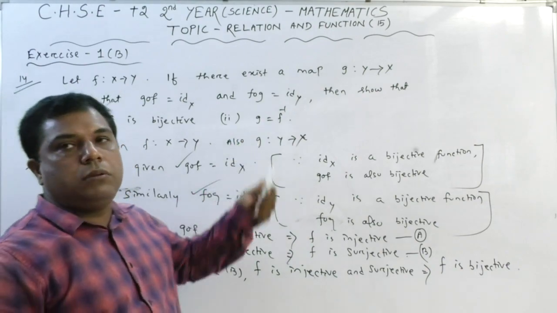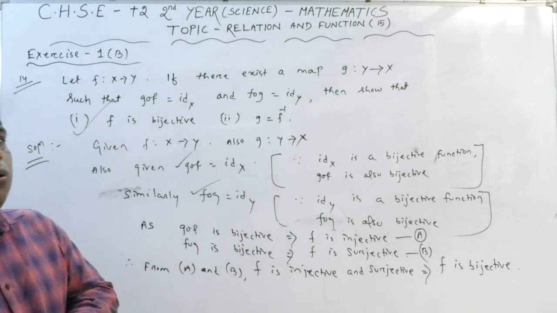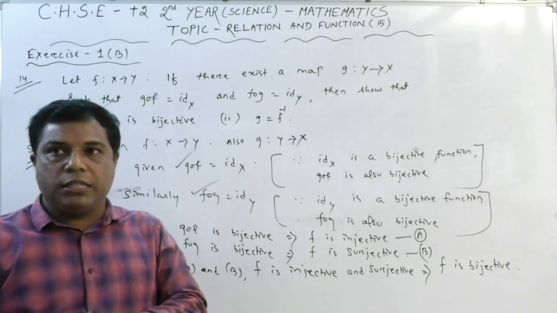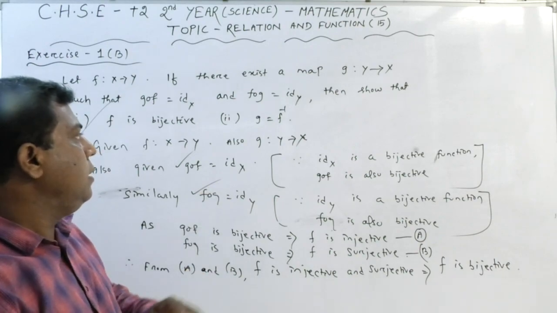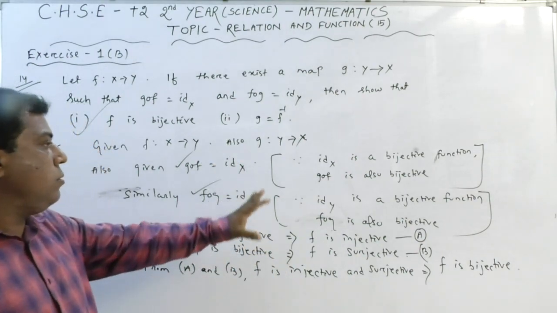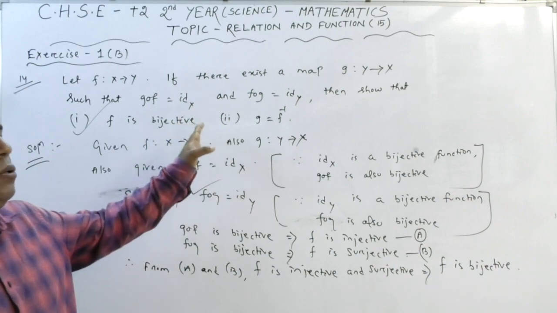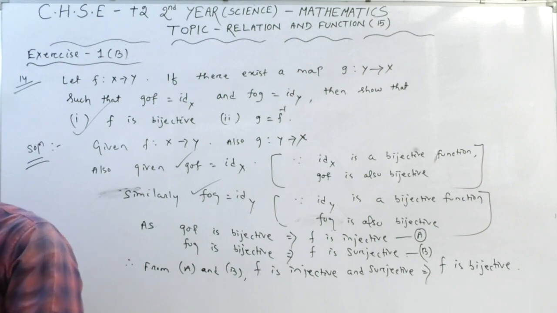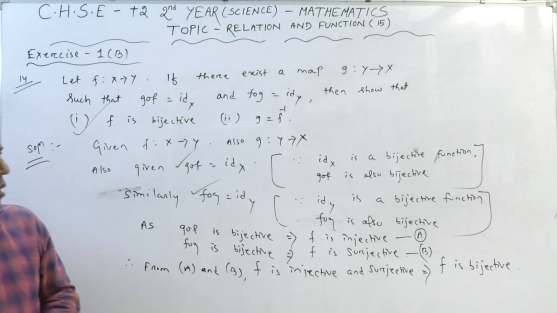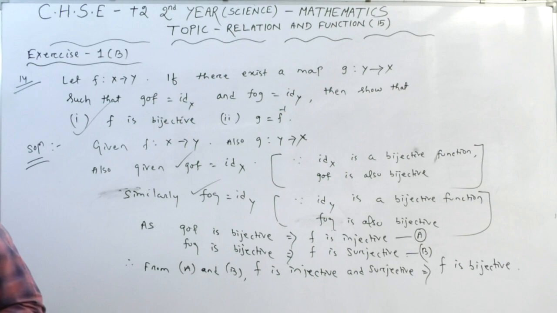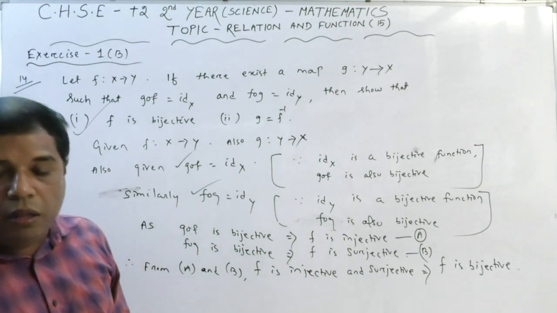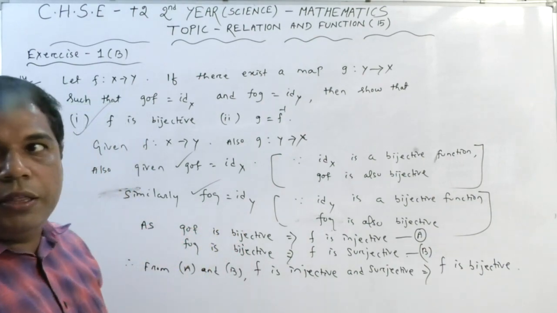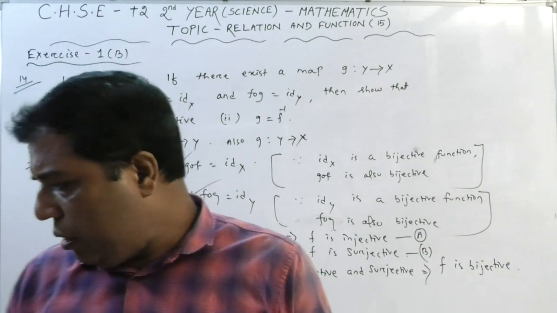Now we will show the second part, g is equal to the inverse of f, or f inverse. In short, that is what we have to show. So this is the first part, that f is bijective under this condition. Look carefully and we will move to the second part. Now we will move to the second part and show it. So I am going to clean the board now.